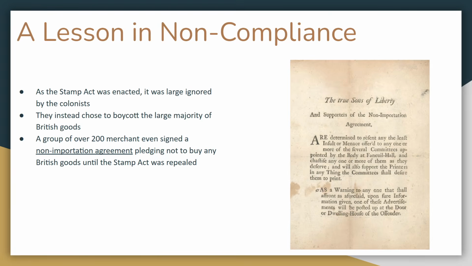If you go to try to buy a pack of playing cards from the general store, and that guy is a Sons of Liberty aligned kind of person, he's not going to charge you the tax. And I'd be willing to bet pretty hard that he got those cards from a smuggler and he didn't pay the taxes either. So it's that kind of thing. That's how those things get ignored. And if they're not being ignored by way of smuggling, essentially, this is where the first large boycott comes into place. And it's British goods across the board.